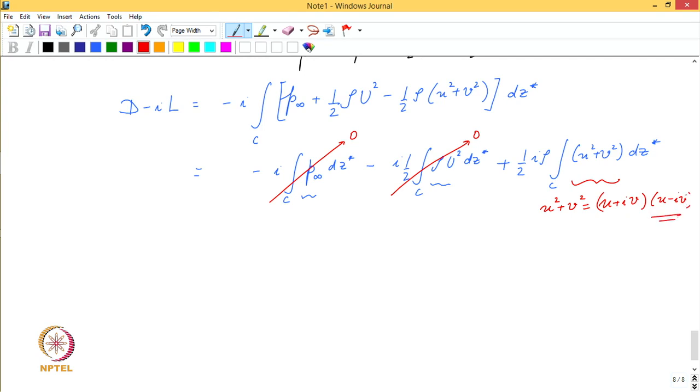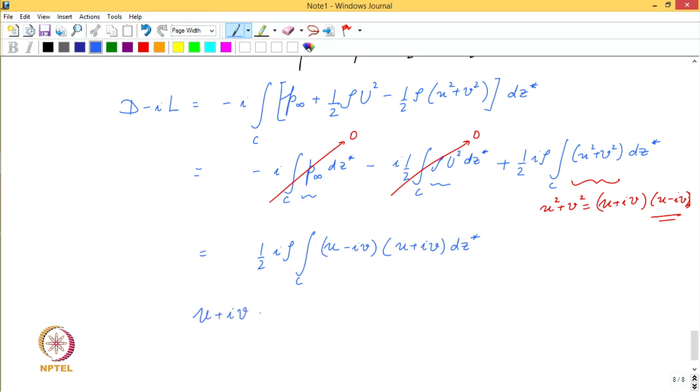And we note that u minus iv is essentially our complex velocity. Okay. So, we will put this here. So, we can say that this will be half iota rho (u minus iv)(u plus iv) dz star. Now, we go to the surface of the solid again, and we look at this number u plus